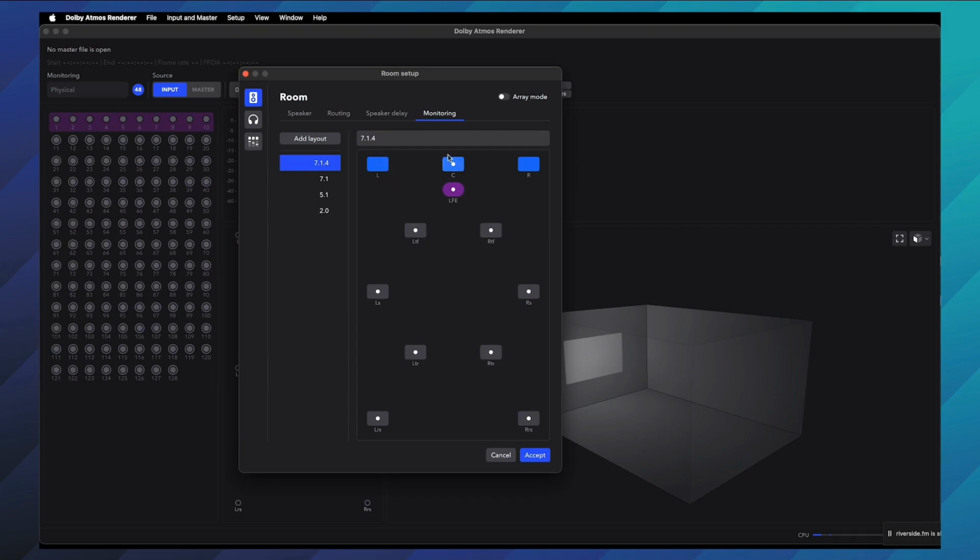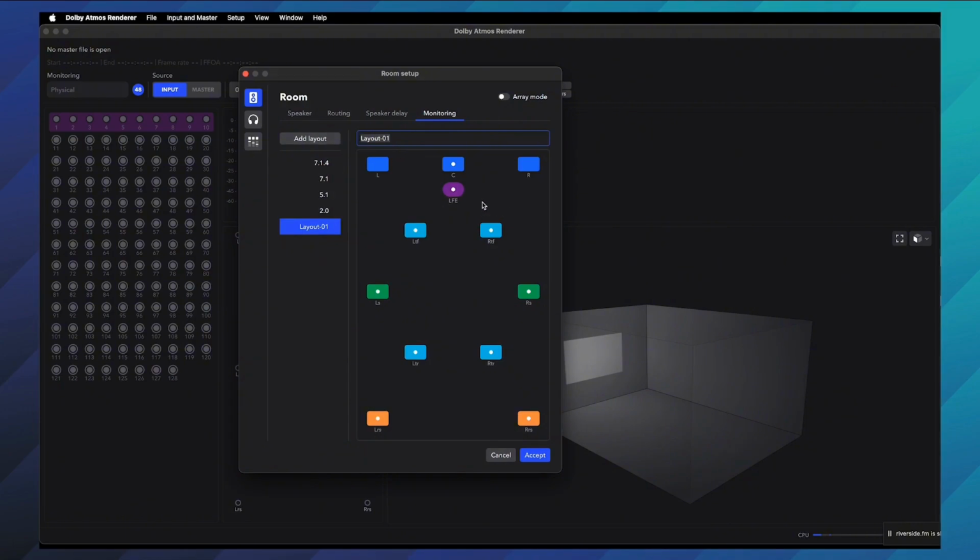Now, if you wanted to add a layout, you can actually do that here as well. And it's very simple. This is really to help you when you're listening to re-renders or listening to things in other formats, so that you can actually play things back and listen correctly. So we're going to go ahead and add a layout. You can see I just click add layout, new layout 01. Of course, I can go ahead and rename that. I won't do that yet, but let's go ahead and create, let's say, a